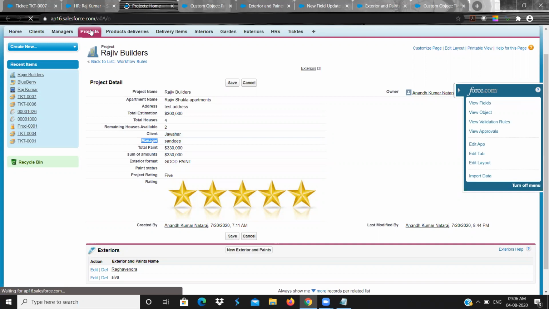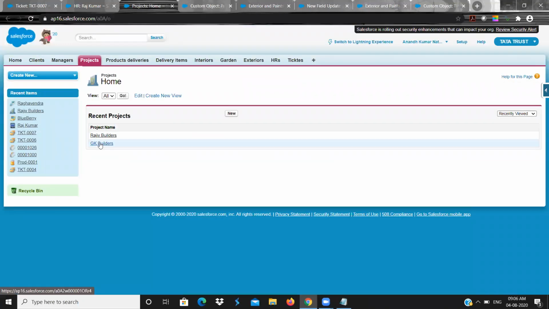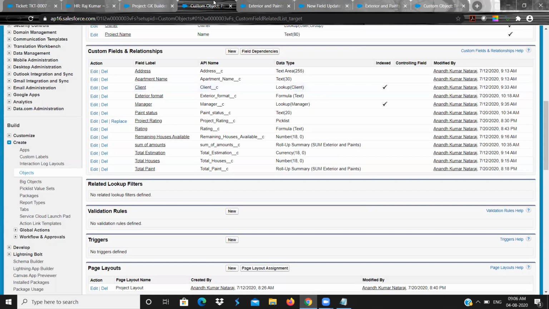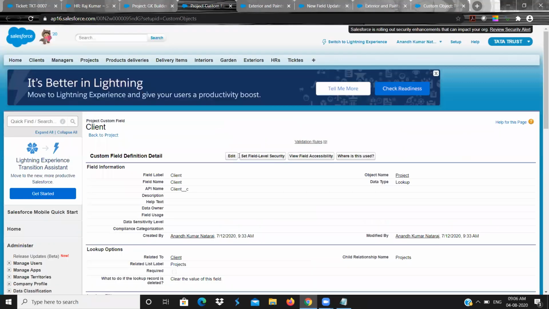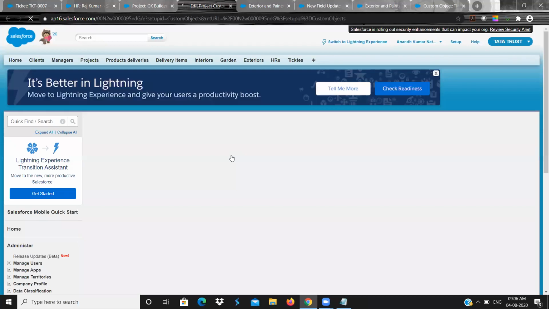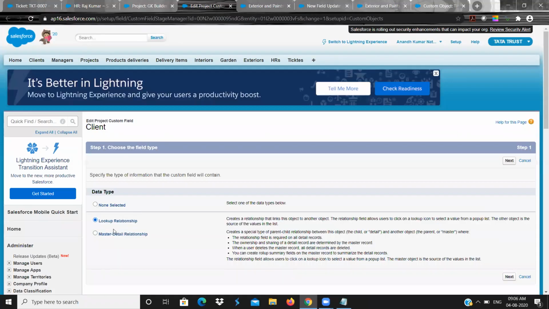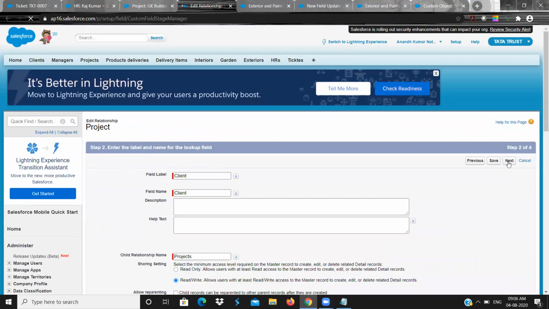If not, you cannot convert it into master detail, right? Both the records have it. Then click on edit, change field type. I'm changing it to master detail, and simply I'll click on save.